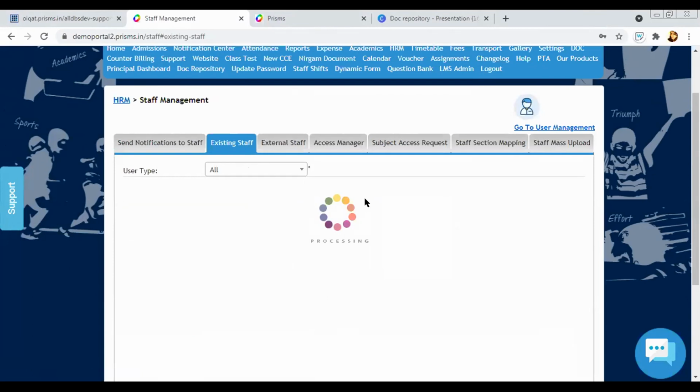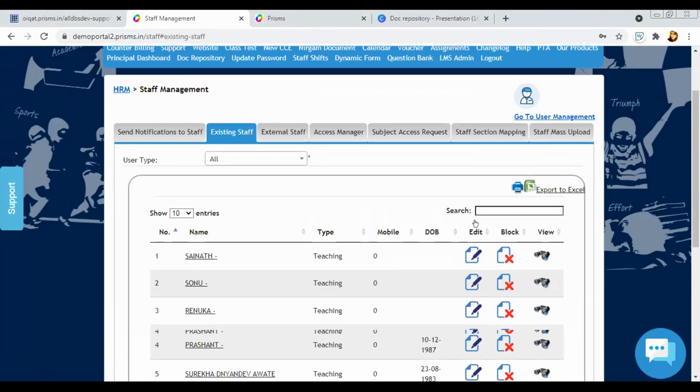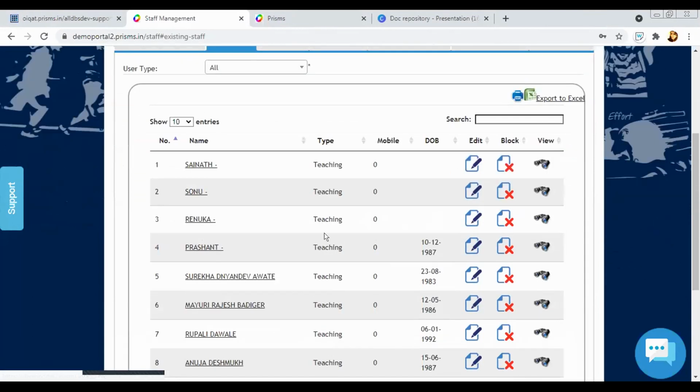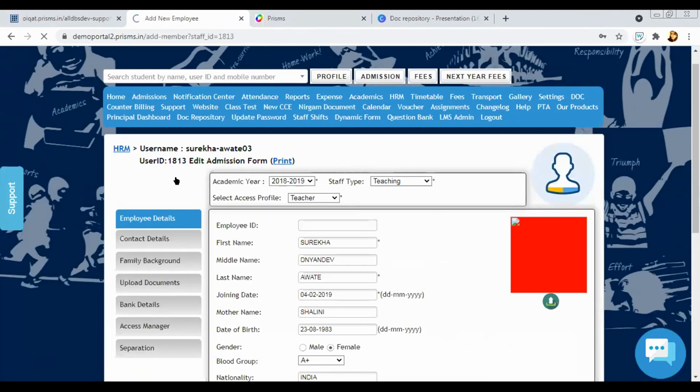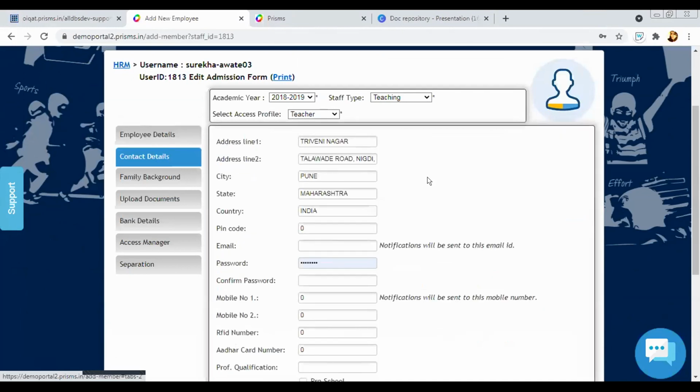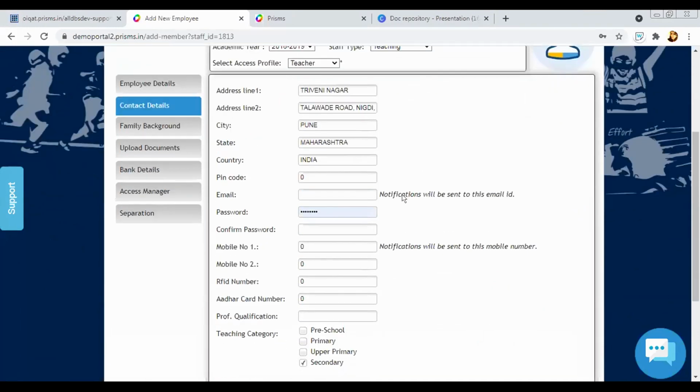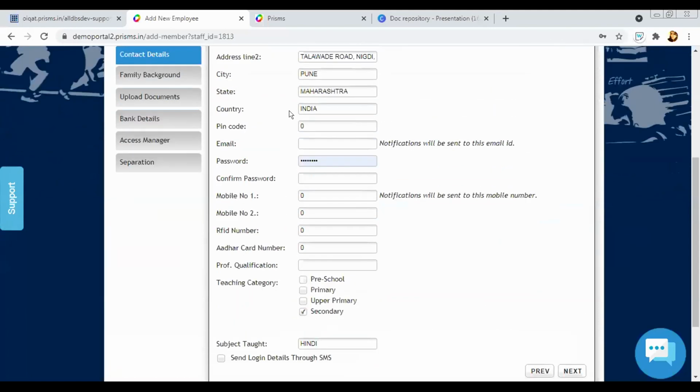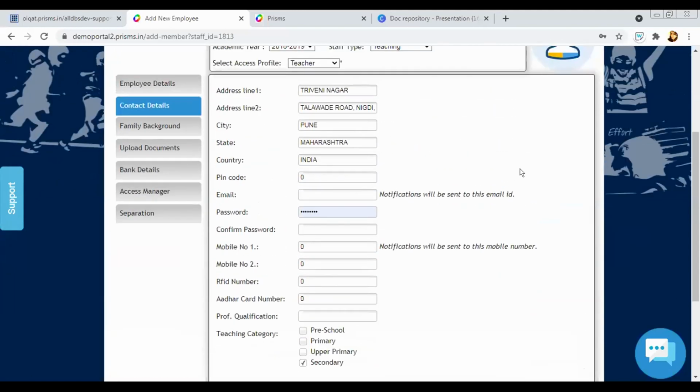And these forms are customizable. So if you want to add any fields, even if it's not there, we can add it. Adding an address and all this is not a major task. So we can add it if you want. What we have given now is address line 1, address line 2, city and correspondence. So by default, this is there. If you want to add two addresses like permanent and correspondence, we can add that as well.